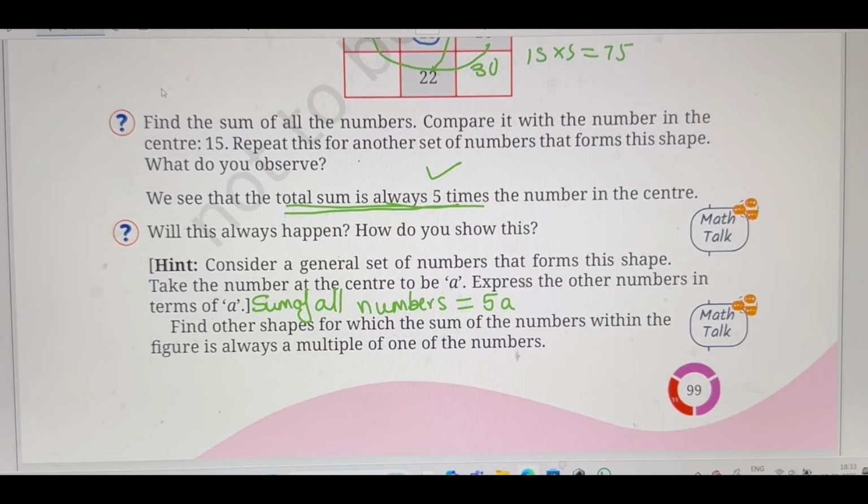So you take any grid of this shape from any calendar, and if you are asked to find out the sum of all the numbers, you can simply multiply the center number by 5. Right? So just observe that making these formulas makes your work so easy. But you should understand how that pattern comes and how we frame the algebraic expression for that particular pattern. Okay? So we have understood a lot of patterns in the calendar. You can take any calendar of any year, any month, and then play with such patterns, find out more patterns and explore the patterns which I just explained to you and cross-check them.